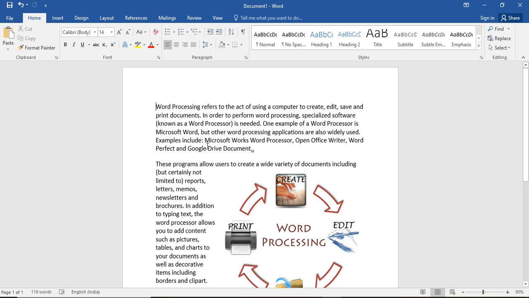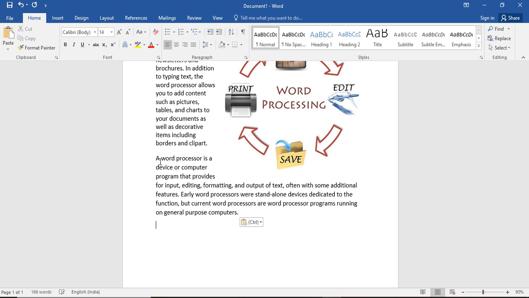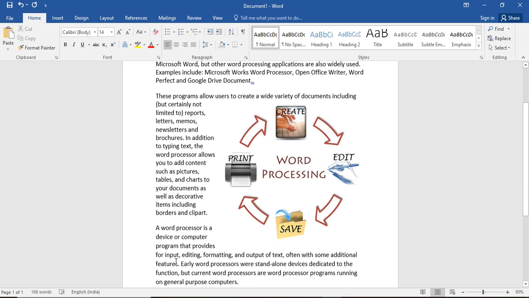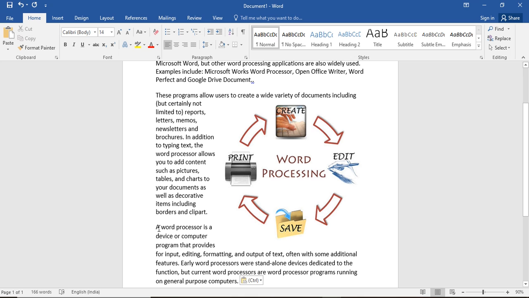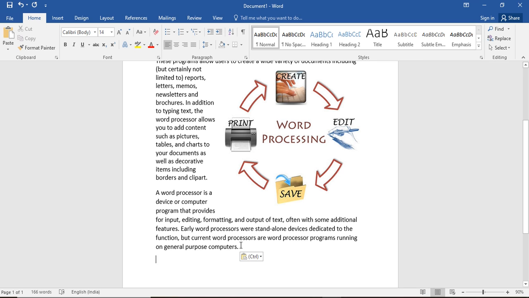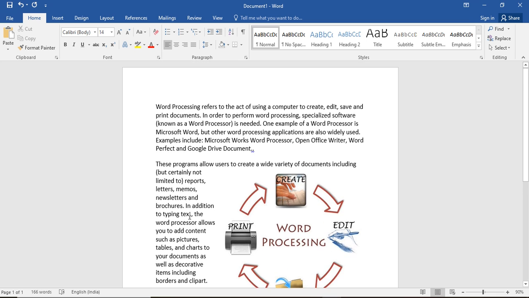Okay, so I want to move this text here, so place the cursor on that position and use the shortcut Control plus V. So you can see the text from the starting of the document has come to the last of the document. Okay, so it is an operation of moving a text from one location to another location in the document.